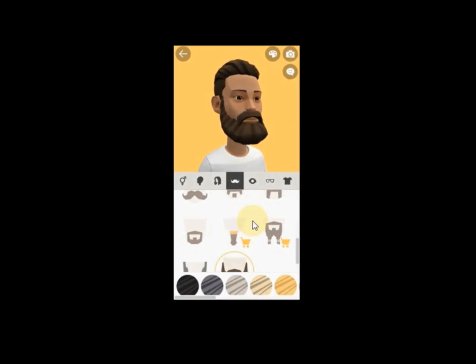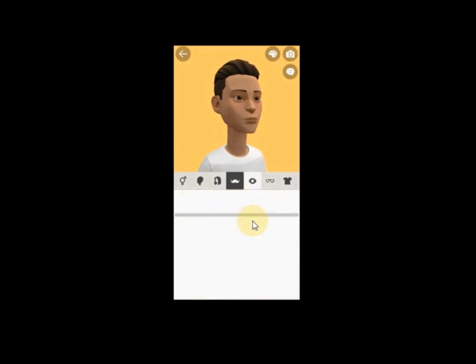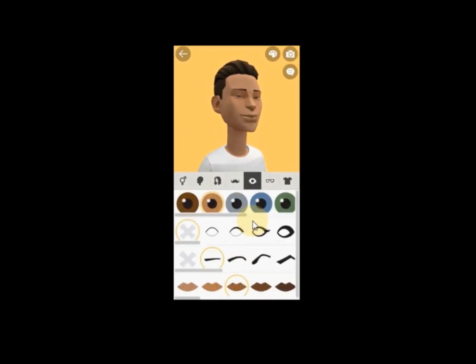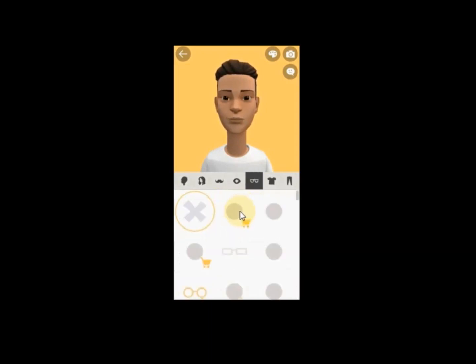So how do you know the ones that are for sale? You will see the icon for shopping. When you see any icon for shopping, you know that the item is for sale. Now we'll look at the eye. See the icon I'm talking of for shopping, this icon.